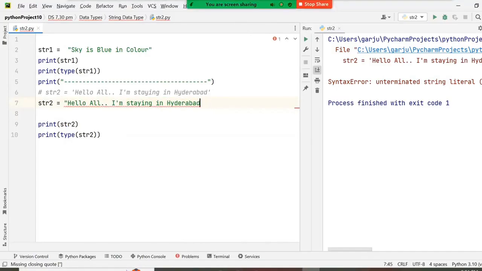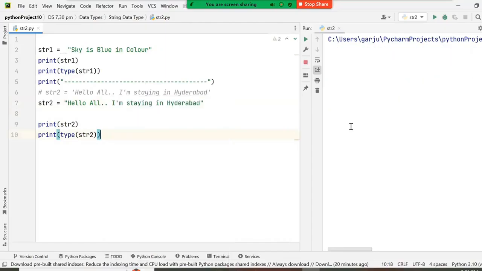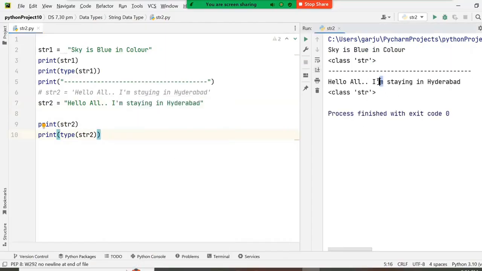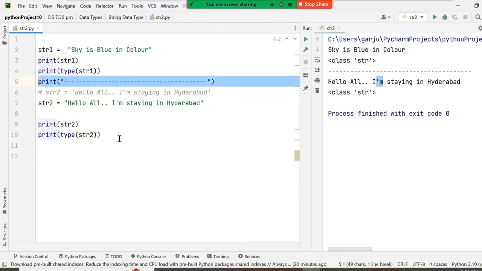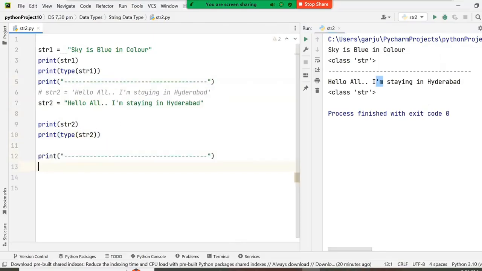Now this is the advantage. Now you can easily consider this as a string. Single quote is considered as a string. Now the same thing we can do with triple quotes. If I have a message where the single quote and double quotes are both involved, now str3 I will give it as